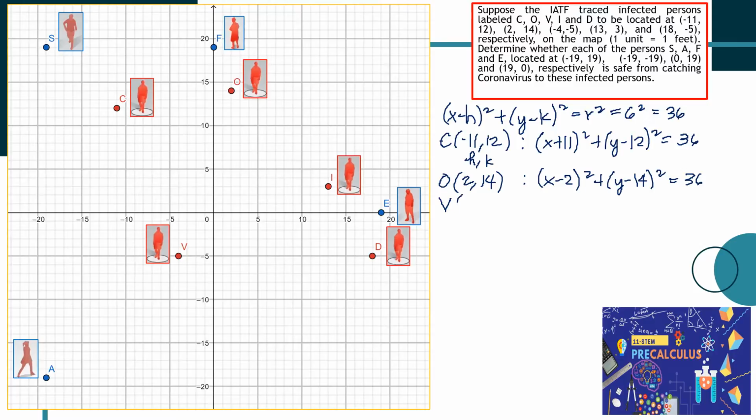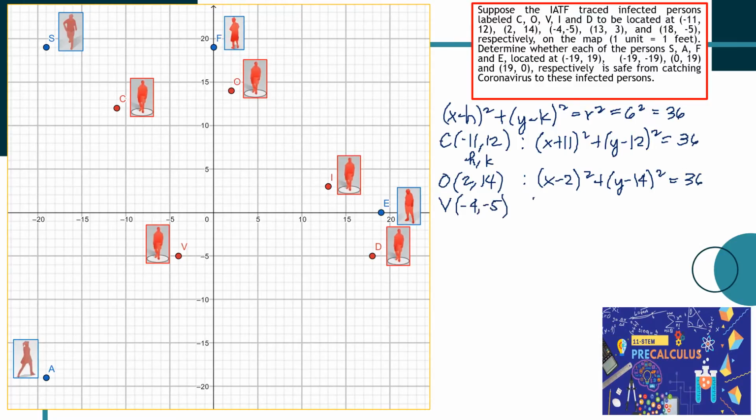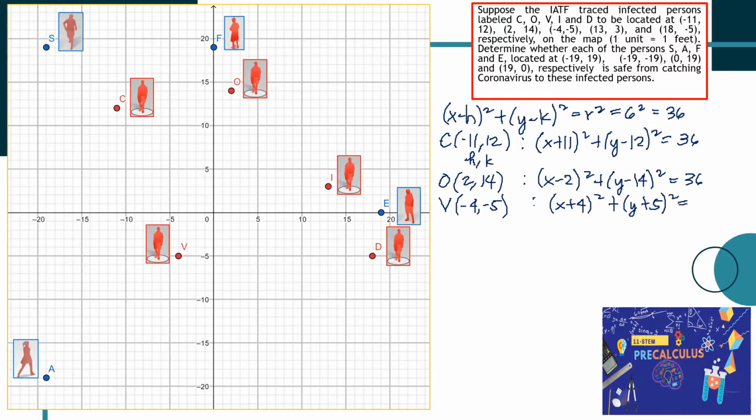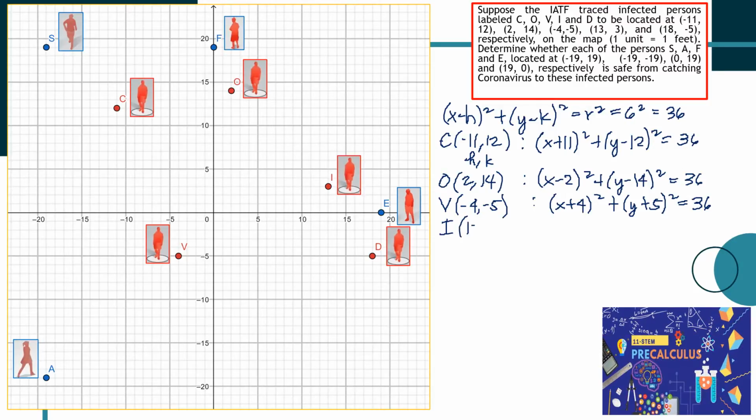For person B at (-4, -5), we have (x + 4)² + (y + 5)² = 36. Then for I at 13,